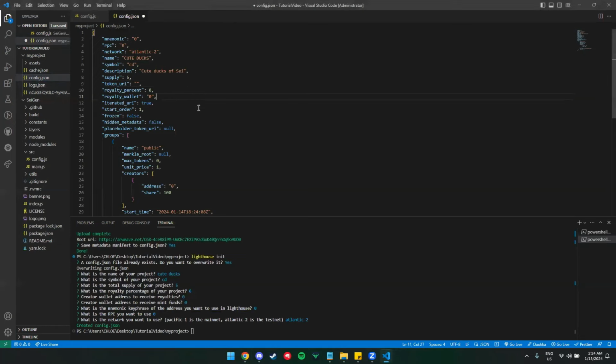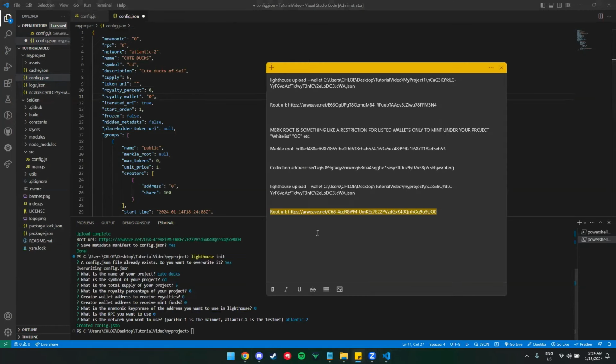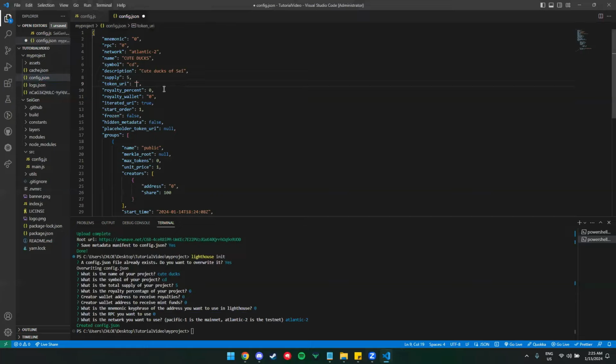Okay. So now let's go back to your root URL. Remember this root URL. Copy that URL and paste it under token URI. And then for the iterated URI, set it false. Sorry, false. Save it.